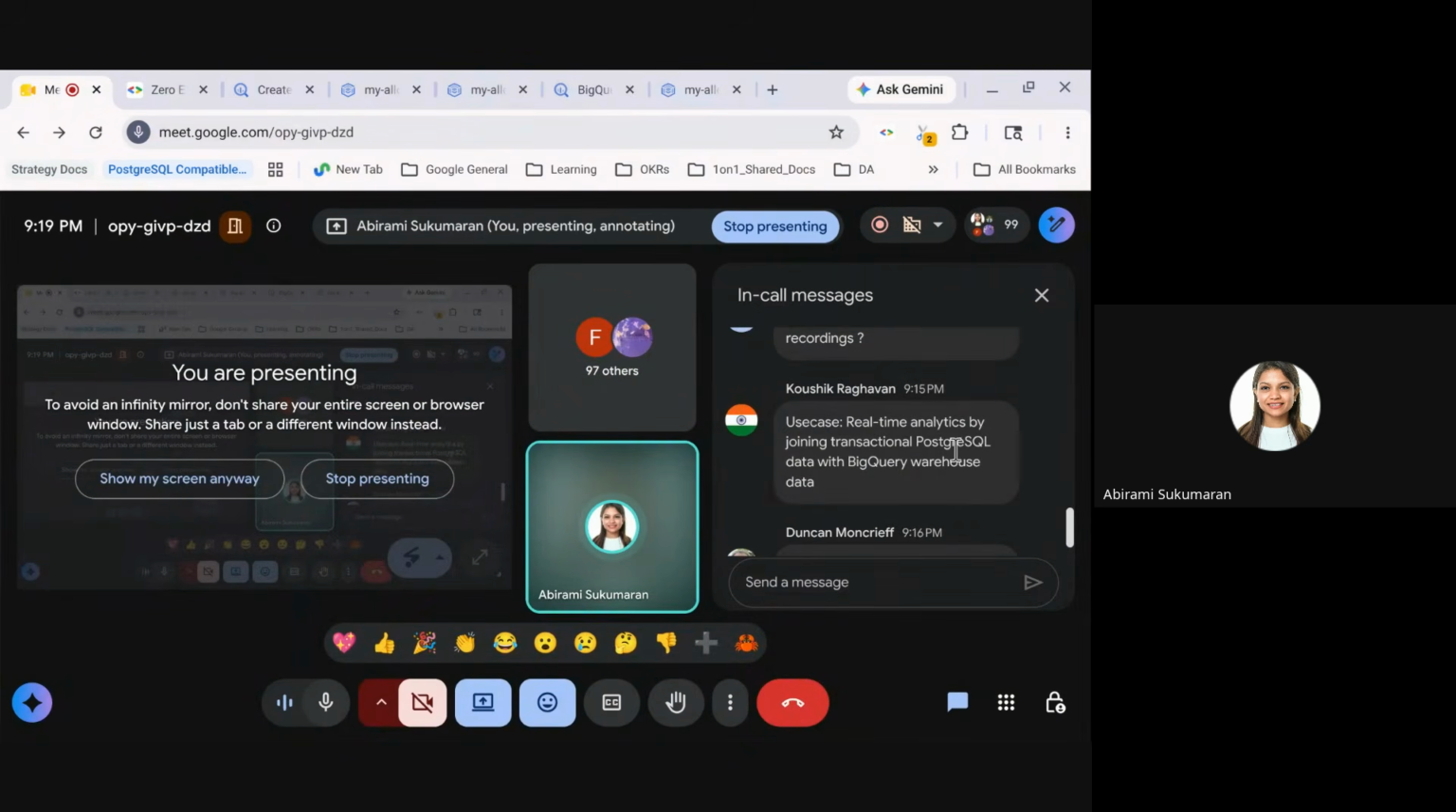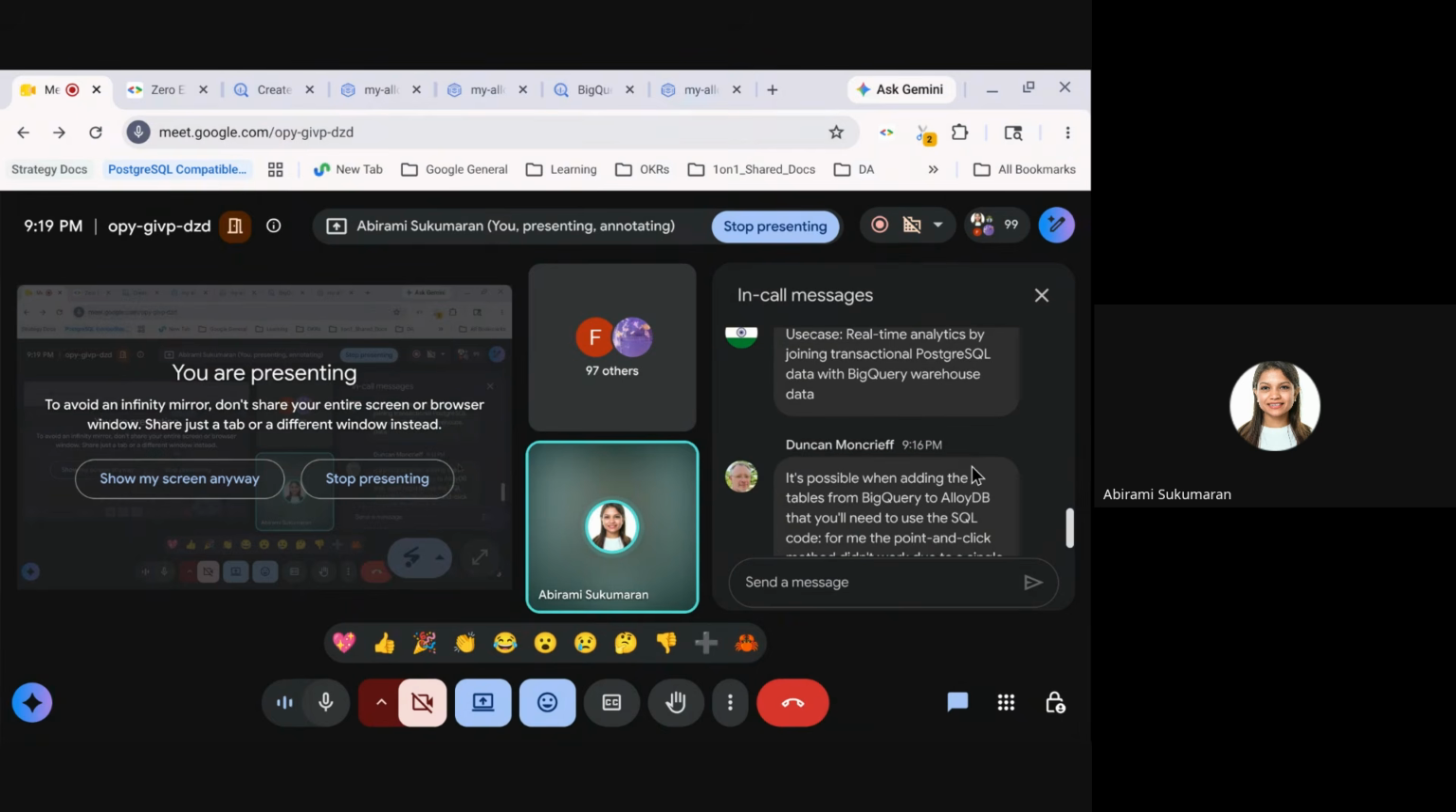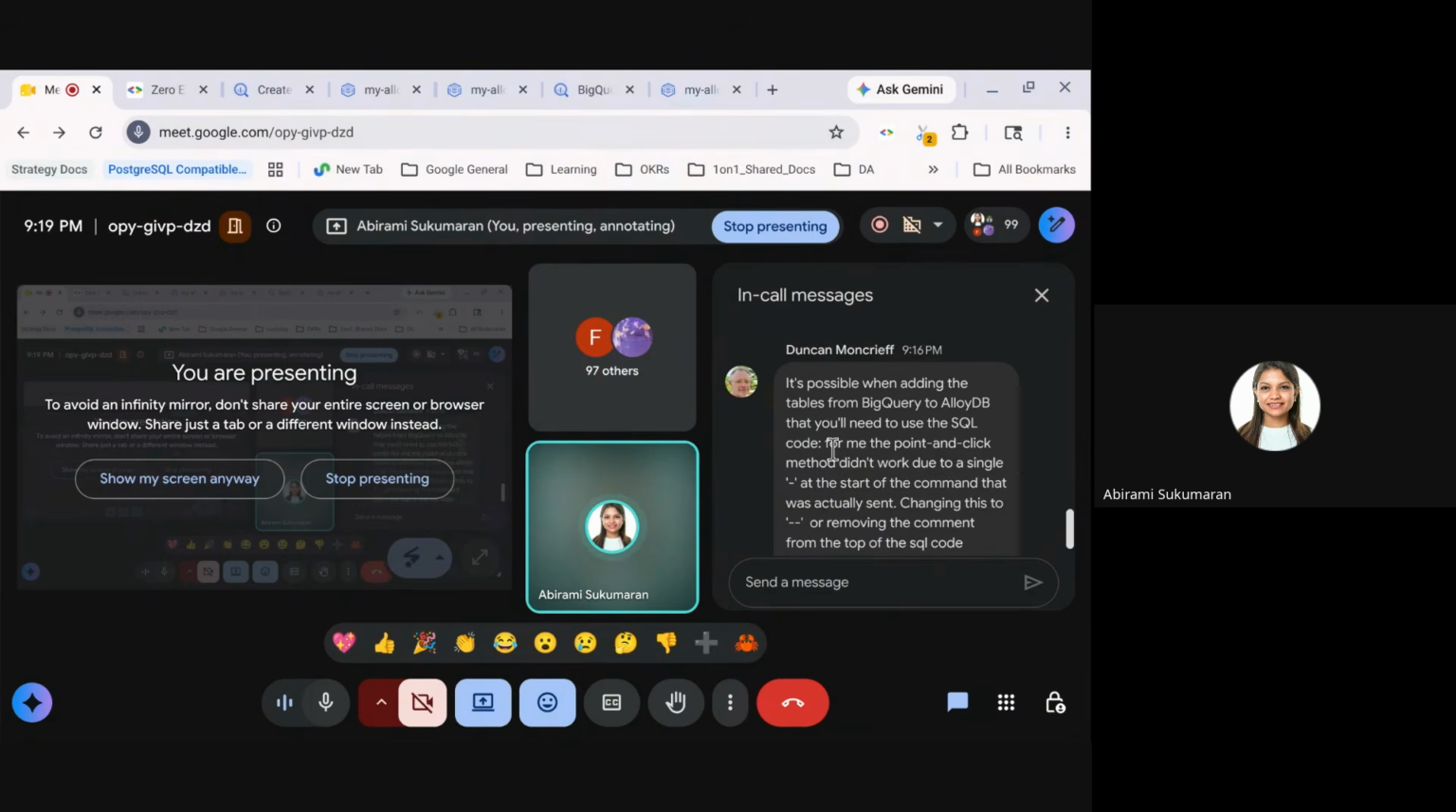Real-time analytics by joining transactional Postgres with BigQuery browser. Awesome. When adding tables,